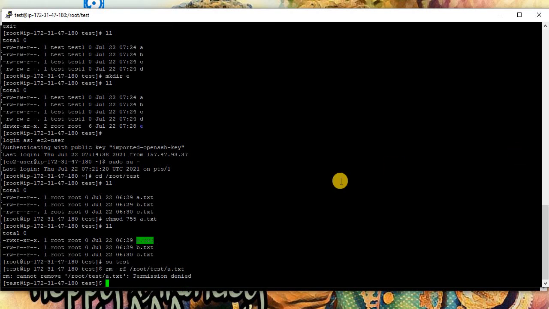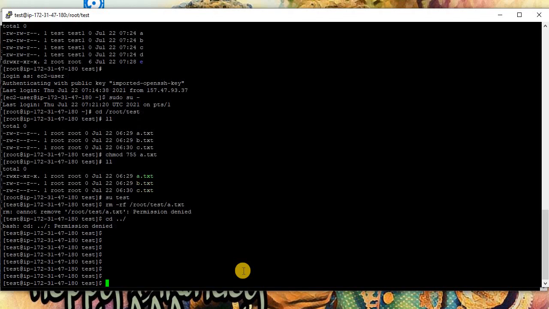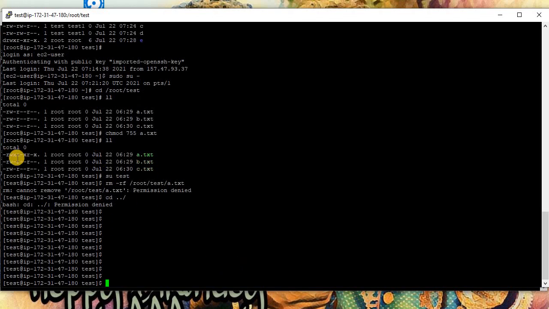No such file. Okay, see. There are no permissions for this. Okay, in such a way you can do permission changes.